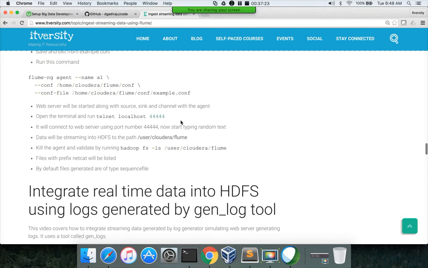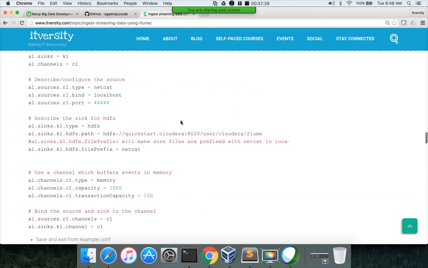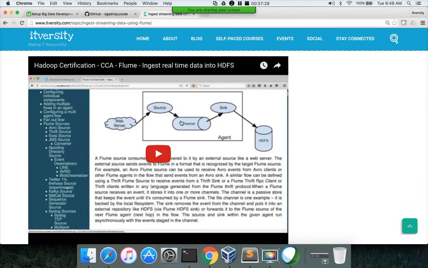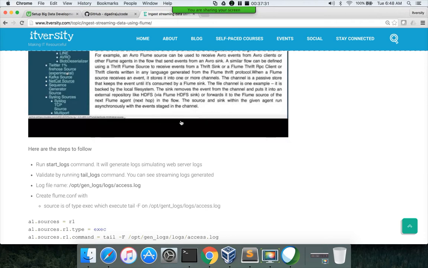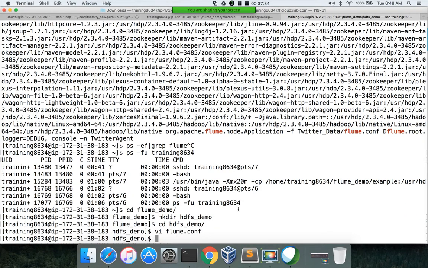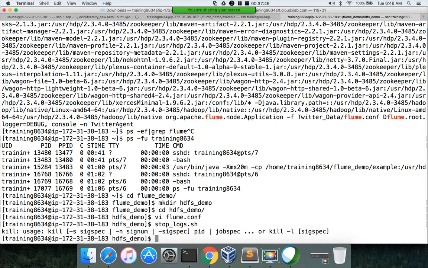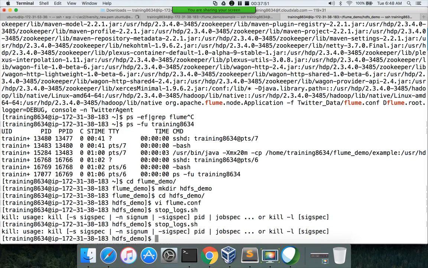Also, this lesson has how to integrate data from Netcat to HDFS also. It's a simpler one, but this is the final one where you can actually get the data from web logs into HDFS. Okay, so first I will start the Flume agent, then we will start the logs, so that we don't miss any logs. Already there are some logs being generated because we started the logs earlier. Okay, I think it is already started. ps hyphen, yeah, it is not started yet. Sorry. So once we start the agent, then we will start the generation of logs.